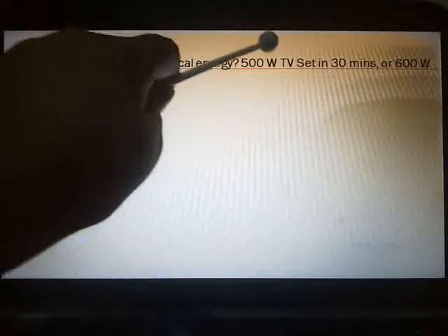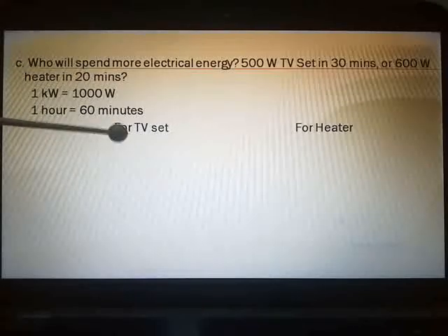Now here you have to work the sum in comparison or one below the other as you feel easy. First, you know that here it is watt and minutes. When you want to obtain the electrical energy, you usually get in watt. Watt is given, you get in kilowatt hour. That is 1 unit. So the conversions which are there that I have written here, 1 kilowatt is equal to 1000 watt and 1 hour is equal to 60 minutes. As I have told you, you want in kilowatt hour. We have in minutes and watts. So conversions I have written. This is not necessary for you to understand. I have written it. Now I am working in comparison for the TV set.